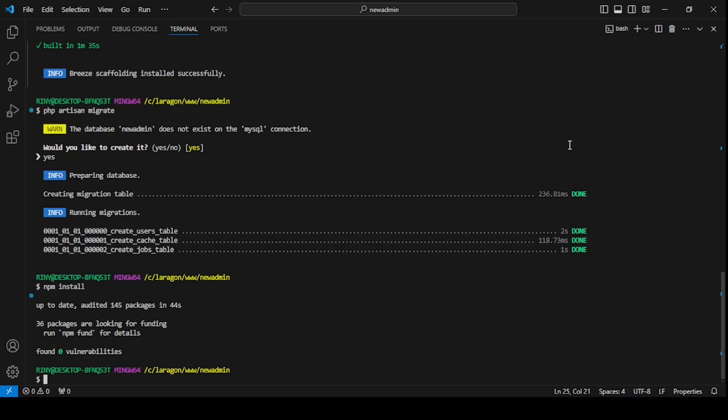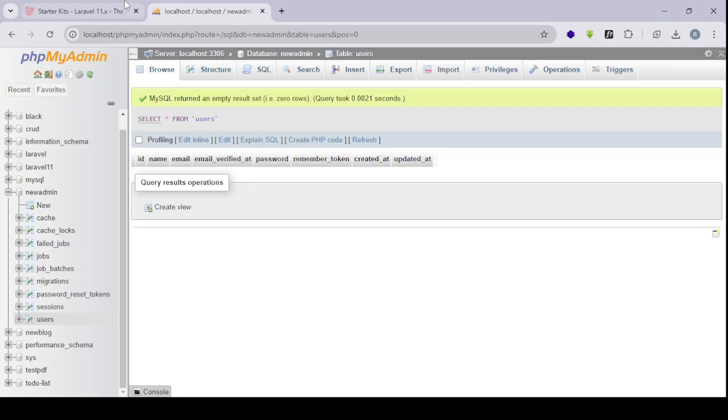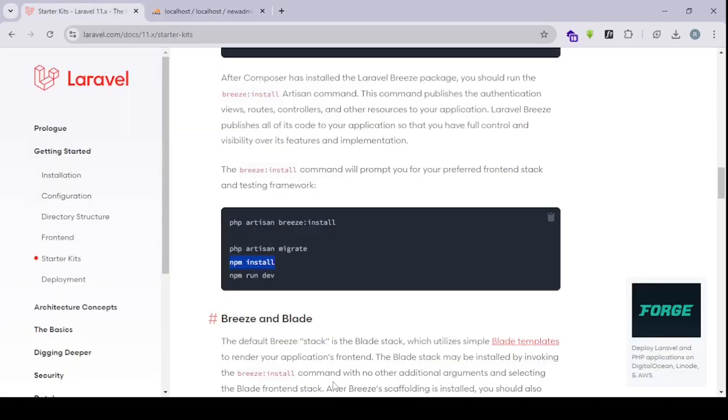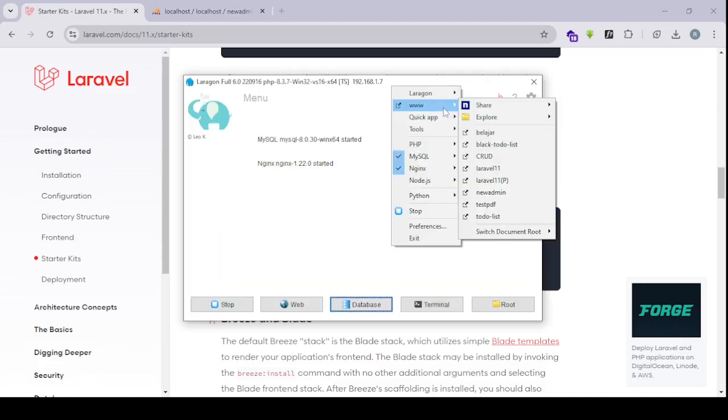Okay, go to the next command, npm run dev. Before that, I will go to the